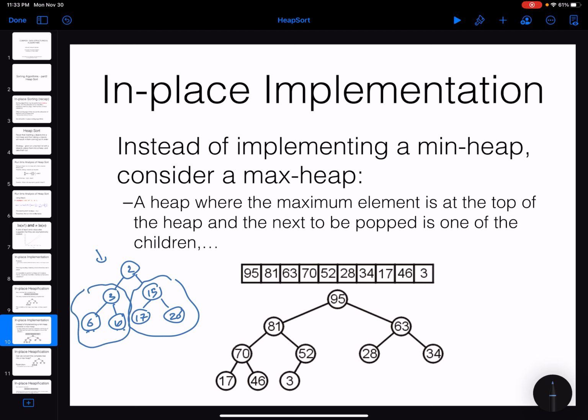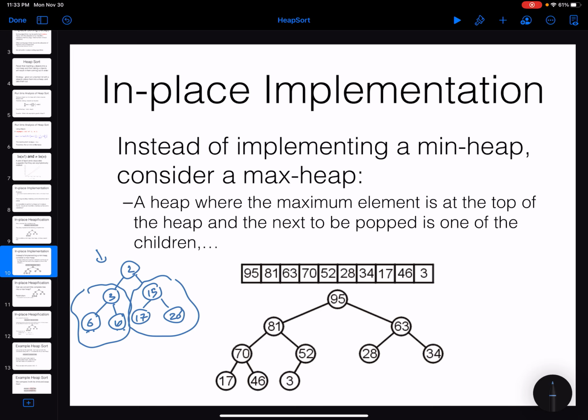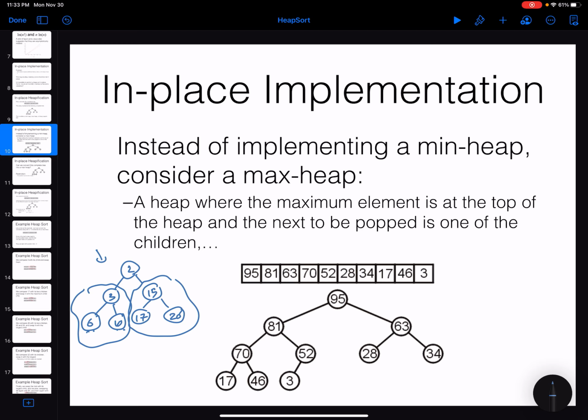Instead of having a min heap, I am going to create a max heap. The time complexity of creating a max heap using build heap is exactly the same as creating a min heap. There's no difference, right? But there is a good thing about a max heap instead of a min heap. If you had a min heap, when you are removing the item, let me actually show you